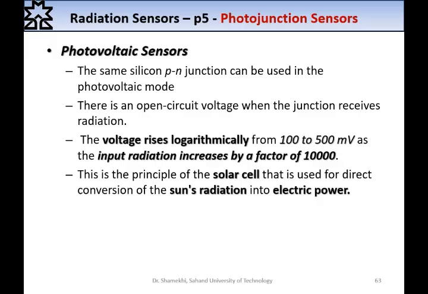This is the principle of the solar cell that is used for direct conversion of the sun's radiation into electric power. Also, in medical instrumentation, photovoltaic sensors are not a widely used sensor, but this type of sensor is a common radiation sensor in industry